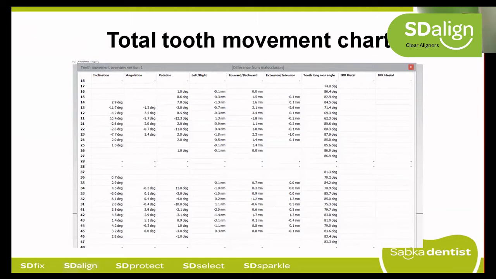And also we isolate the extrusion of the canine so that it is easier for you to track. But keeping in mind, let's say for some reason the canine is not tracked well, we will also give you provisions for extrusion button mechanics where we will provide you cutouts on the canines and you can put two buttons buccally and lingually and put a chain. We can resort to that as the last option if it is not happening.